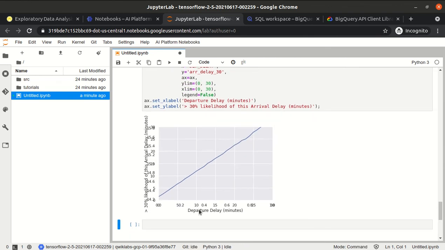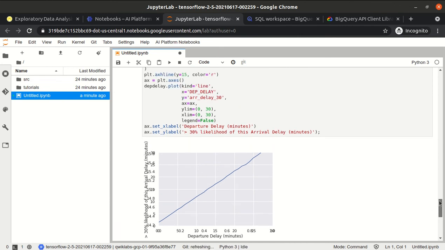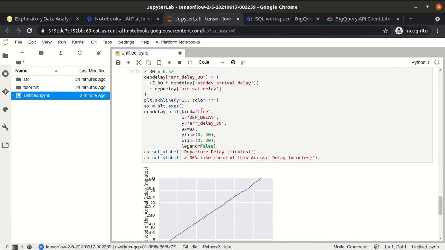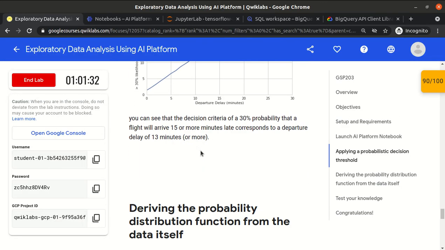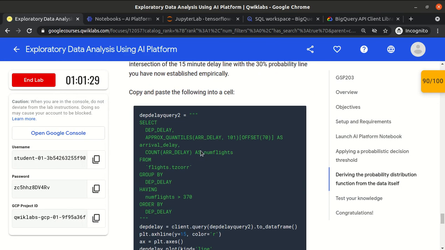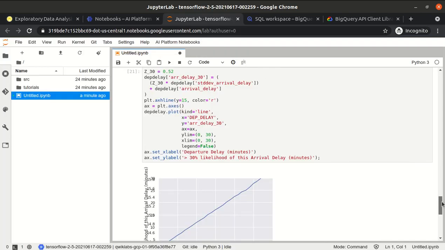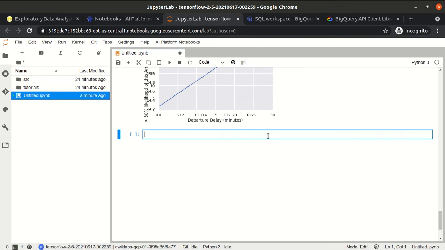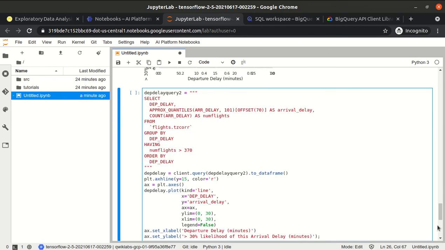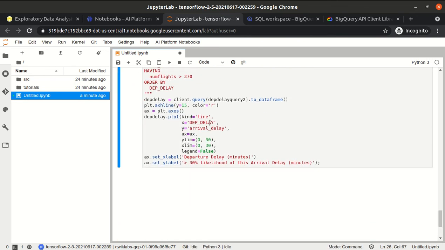See, the x label is the departure delay, the y label is greater than 30% likelihood, and they are plotting a line graph only, kind equal to line. One more query. Again we are drawing the line graph only.